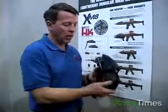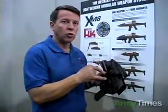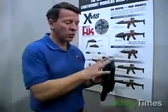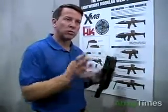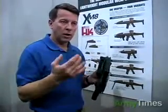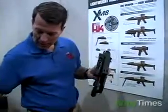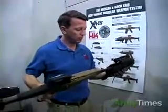And the nice feature about that is the sights are mounted to the grenade launcher. When the grenade launcher is removed from the rifle and placed on a different weapon, the zero on that launcher is retained because the sights are mounted on the launcher. That's a big difference between an M4 and an XM8: our sights are mounted here and we retain that zero. To mount that launcher, we simply take off our standard handguard,